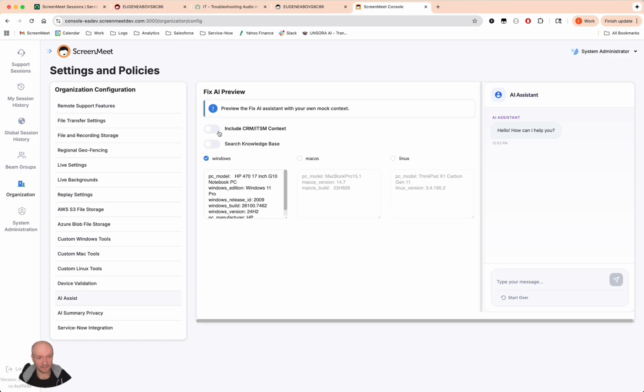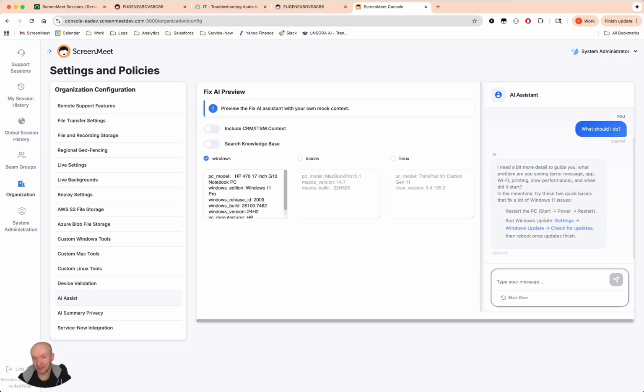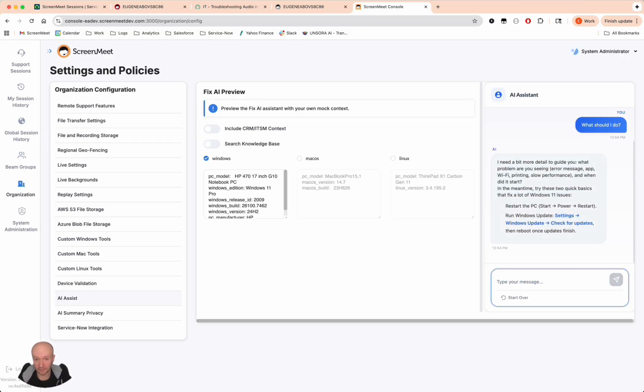So if I don't have any mock context from the CRM here, if I say, what should I do? Again, the AI will be somewhat confused because it has no context about what we're doing, so it just assumes troubleshooting Wi-Fi or something. Now, if I enable